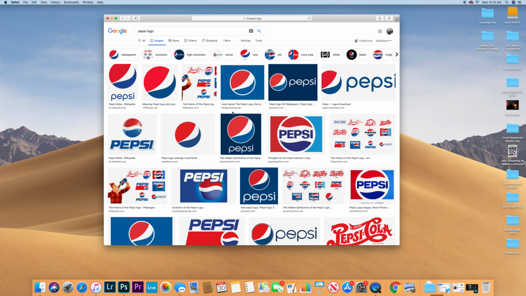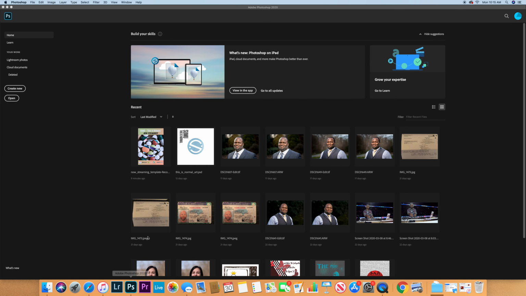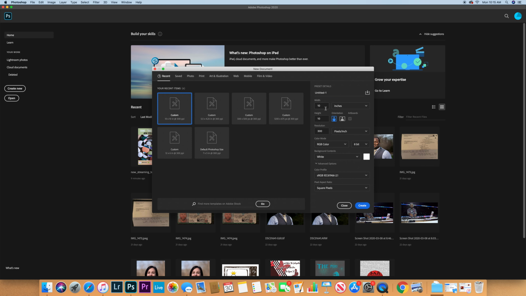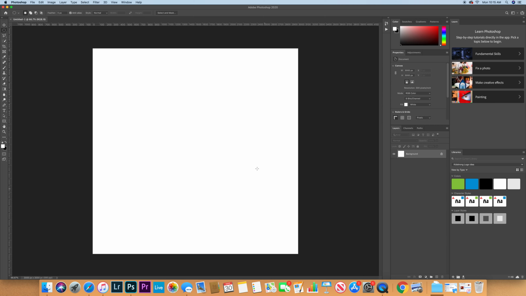So to give you an idea of how this would work, of course, you'd want to open up Photoshop and make a new document, and you want it to be pretty good size. No specific size requirements. Always 300 DPI, of course. For this one, I'll just stick with the 10 by 10. And then we're going to get an image